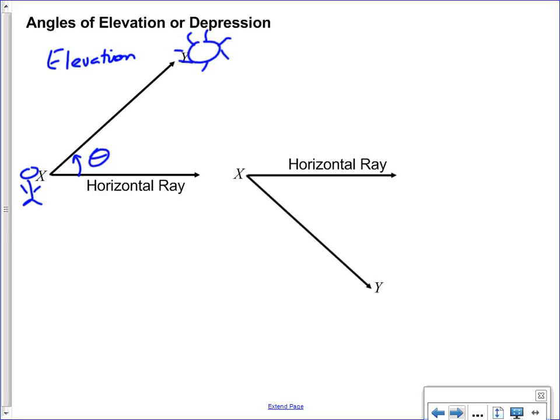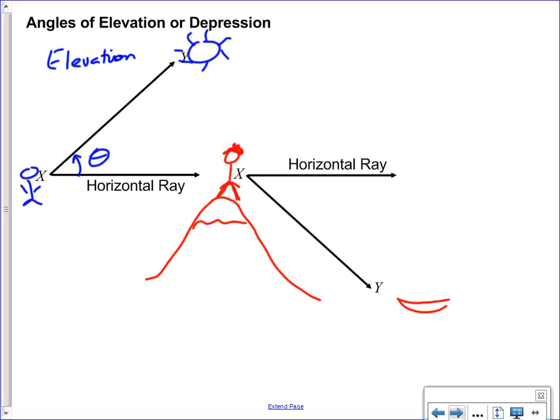Let's pretend Sierra is at the top of a mountain. So here's Miss Sierra with her gorgeous hair. Let's say Miss Sierra is at the top of a gorgeous Bob Ross mountain. She's actually on the mountain. If she's looking down